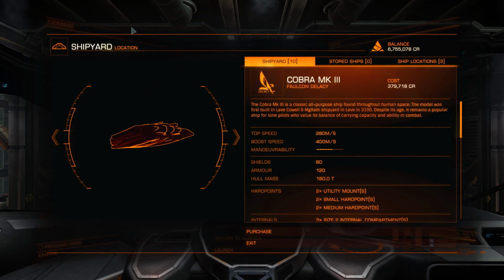Welcome back to Elite Dangerous, guys, and in this video I'm going to be discussing my favourite loadout for the Cobra Mark III. This was after a lot of people requested it after I did my favourite loadout for the Viper video. If you want to go see that, it's linked in the description, but basically I did say in that video that the Viper was my favourite ship, and it still is, but this one does come in a